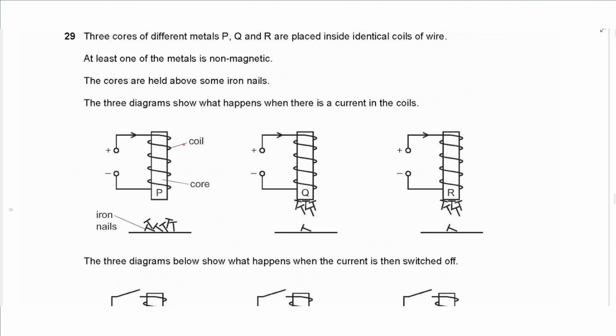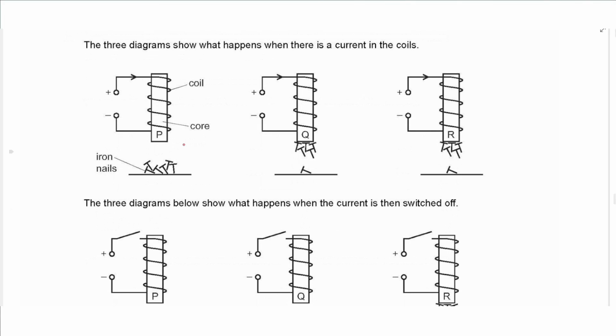Question 29 says, 3 cores of different metals, P, Q, and R, are placed inside identical coils of wire. At least one of the metals is non-magnetic. The cores are held above some iron nails. The 3 diagrams show what happens when there is a current in the coils. So for P there is no attraction at all. For Q there is attraction, and R there is attraction, which means that the core is magnetic or a magnetic